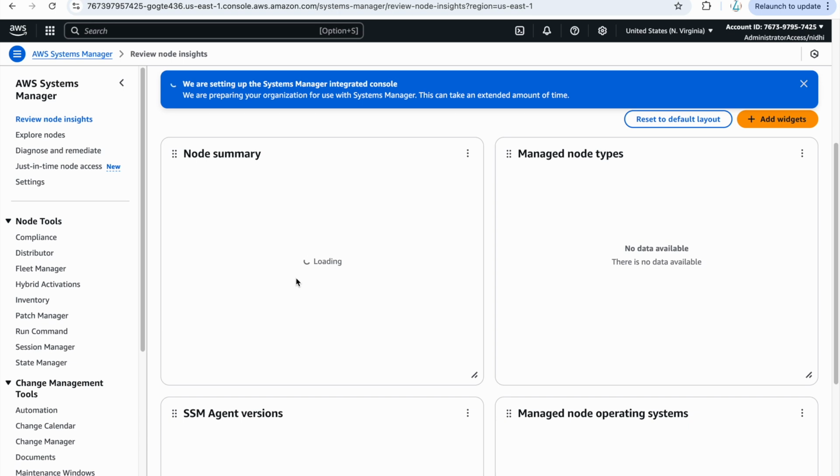But this is how the patching happens on all your EC2 instances. And the same thing you can just do for your on-prem instances also. The only thing which is needed, you need to install the SSM software on your on-prem instances and do a little bit of configurations, and after that you should be able to see all your nodes here.